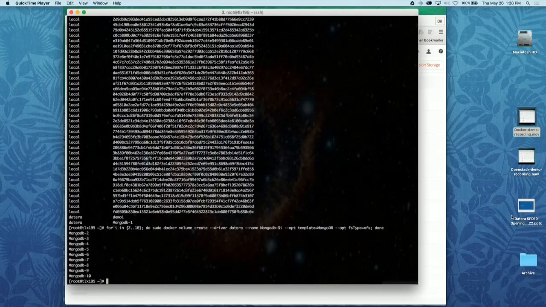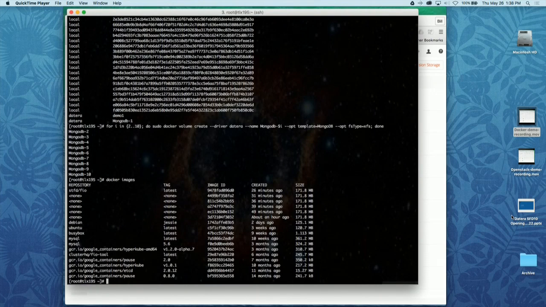And then what ends up happening is the template itself is going to have those 10 Mongo instances bound to that template. If I wanted to alter the snapshot policy, I change the policy of the template, that'll ripple through the instances. If I want to modify the QoS, I change it at the template level. So you can certainly use the traditional method of creating an individual volume, but if you think about it at scale,